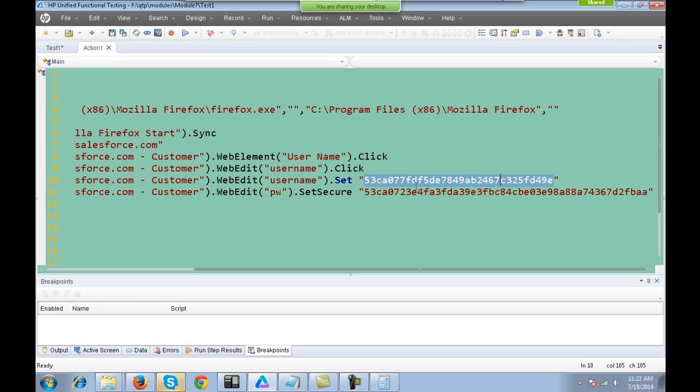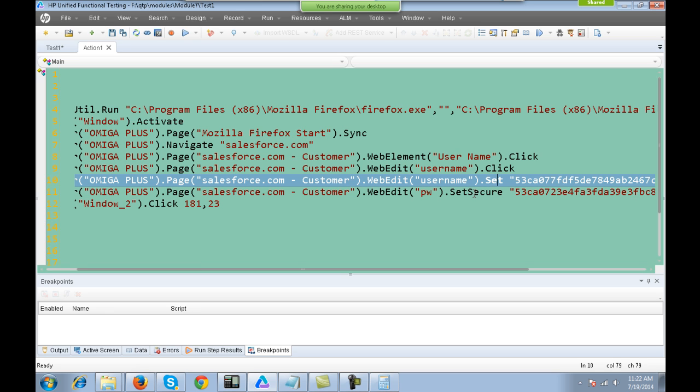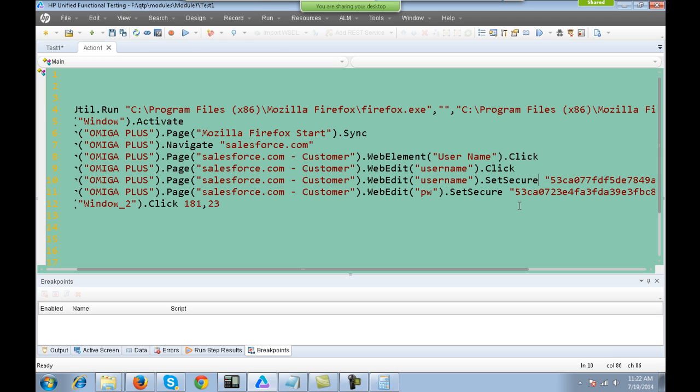But if you don't want the users to look at the actual string or actual input, instead of Set, you write over here SetSecure.